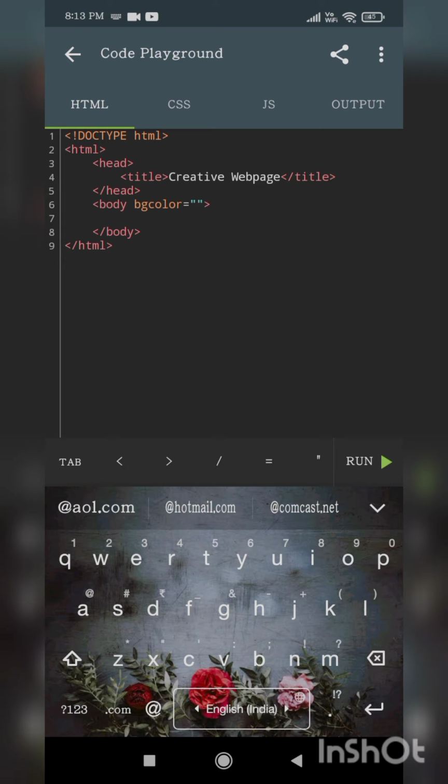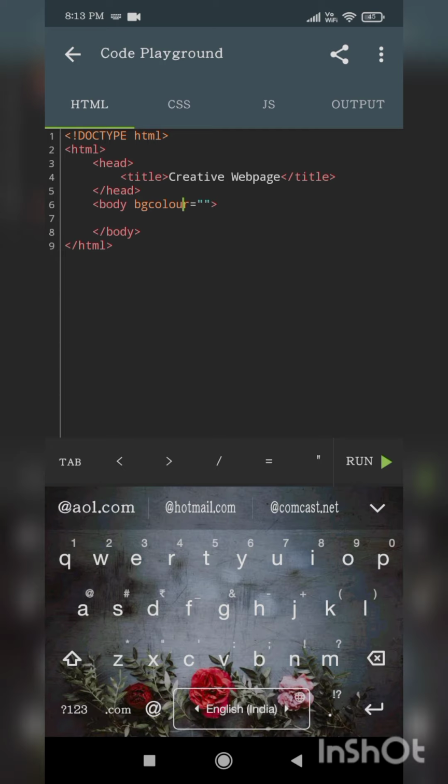So usually you write the color spelling as COLOUR, but in SolarLearn you have to write COLOR. Then only the color will be applied to the output. Otherwise the browser will not accept it. So let us try with U and let us remove the U. Both ways we shall try and let us see how it will succeed.